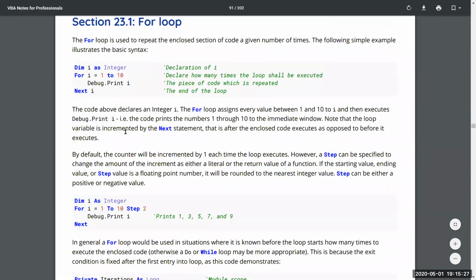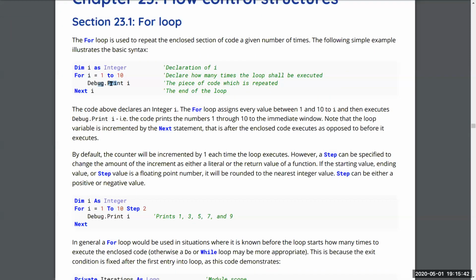So they've explained what a for loop is. This is the first example that we did. They said you're declaring what I is. You're declaring how many times the loop shall execute, which is I equal to 1 to 10. And then this basically just shows you the result inside the code window itself, right? Like we were putting the value in a cell, they're putting the code in the code window. Now, this is something I've already explained to you. You have learned it. Now, using this book, you can learn something more.